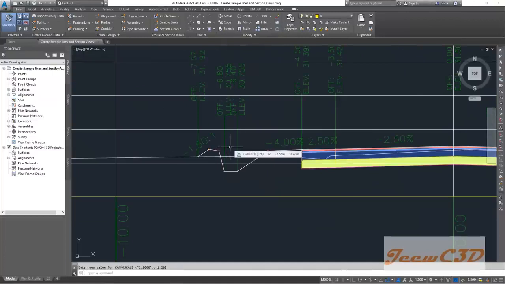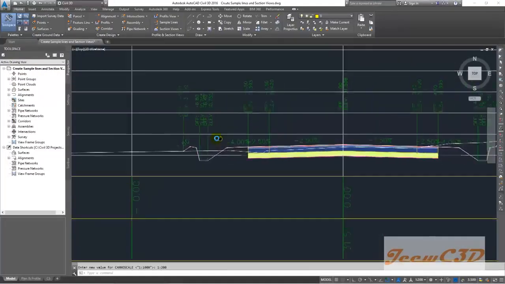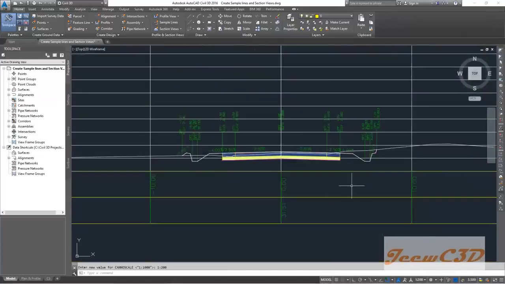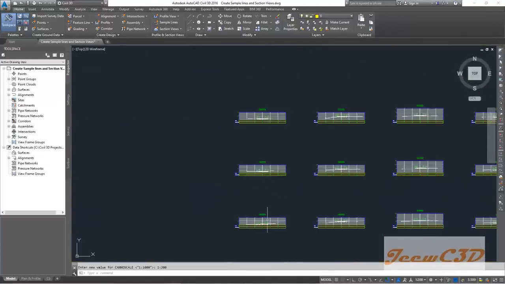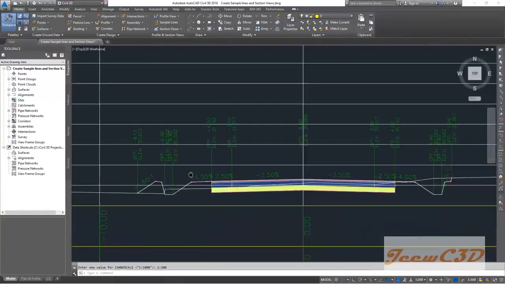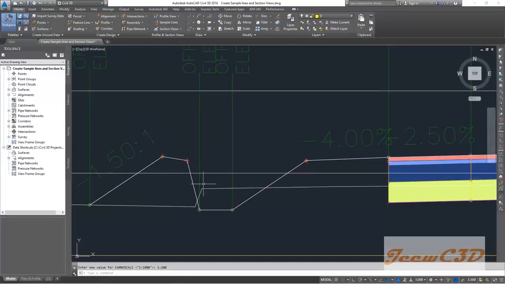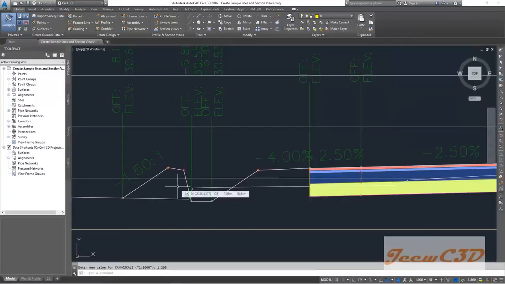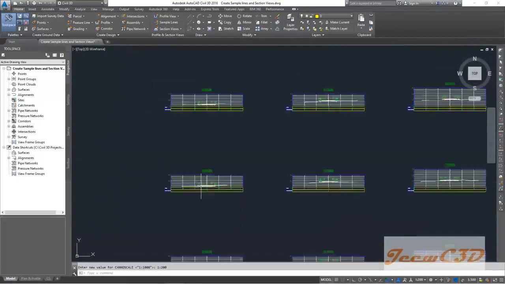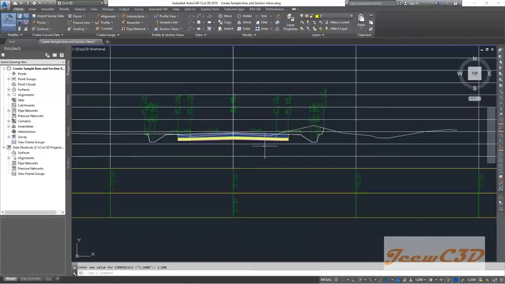If you become thorough with Civil 3D, you will know how to do things without making many of these modifications. So that is how we get these things. Here also we have a little bit of a problem. This part will not be here in the actual case. So we have to modify it before sending these things to site, when you are preparing the final drawings. If I go further,